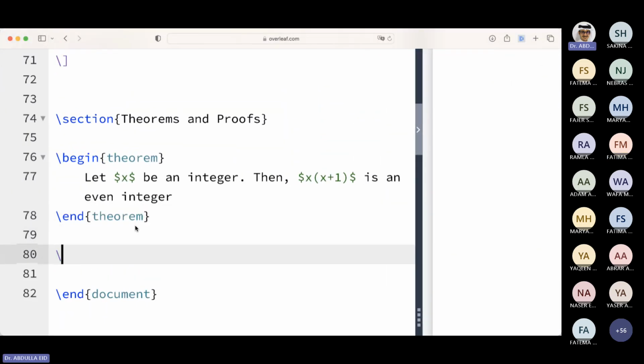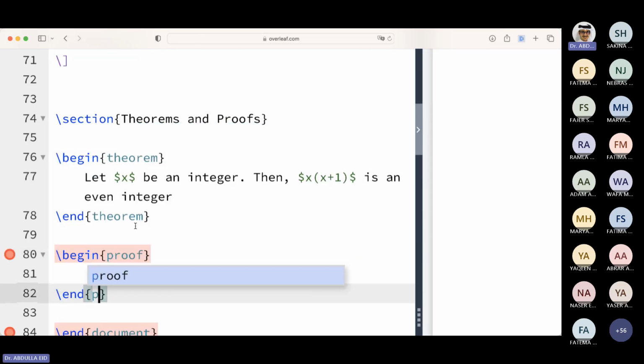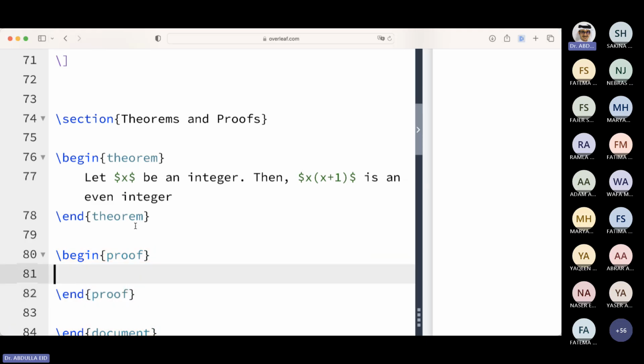I will come here and write proof as an environment, which means everything I write here, the LaTeX will display it as a proof to the theorem. However, if we start by, for example, assume x is an integer, this is just the beginning. Now, if I try to display this one,